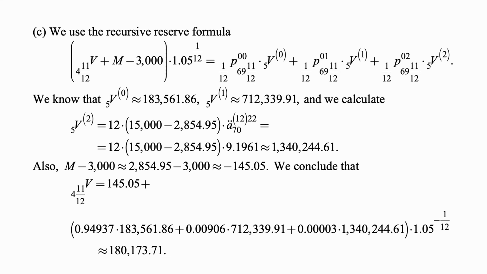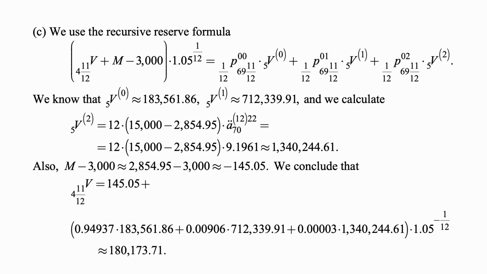We know the reserves in state 0 and state 1, and we calculate 5V2 as 12 times 15,000 minus 2,854.95 times ä70^1222. That annuity is given in the table, so we plug that in and get approximately 1,340,244.61. Also, M minus 3,000 is approximately 2,854.95 minus 3,000, so it's negative 145.05. We conclude then that the reserve at policy duration 4 and 11/12 is